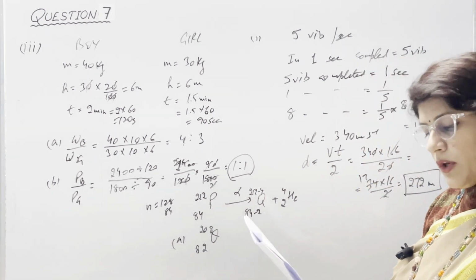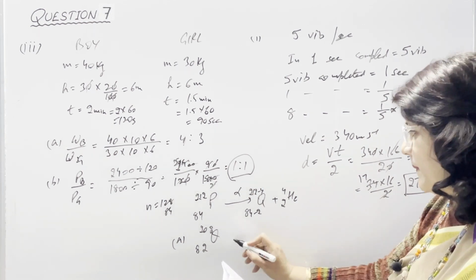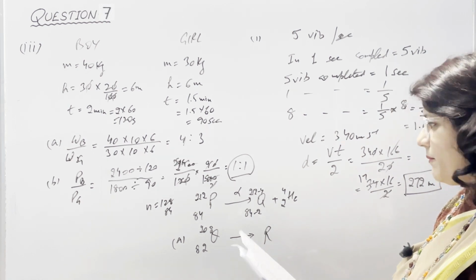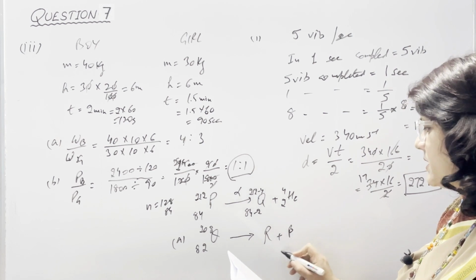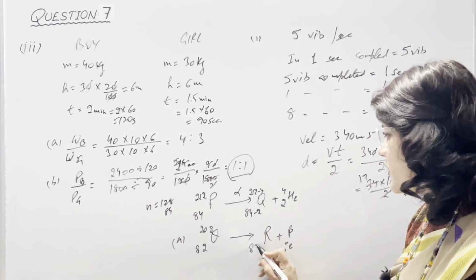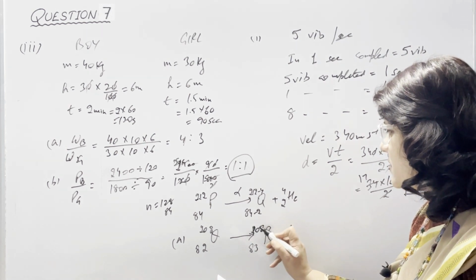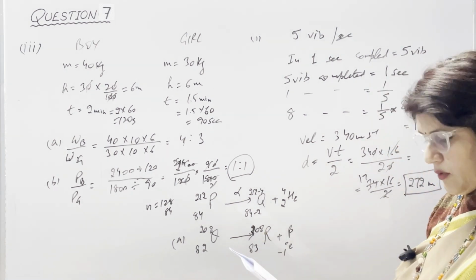Now, the nucleus Q emits a beta particle and is transformed into a nucleus R. A new nucleus R is formed here. What is the composition of R? Because a beta particle is emitted here, or you can say -1E0, only the atomic number is increased by 1, which means 83, and the mass number remains the same, 208. So it becomes 83 and 208.